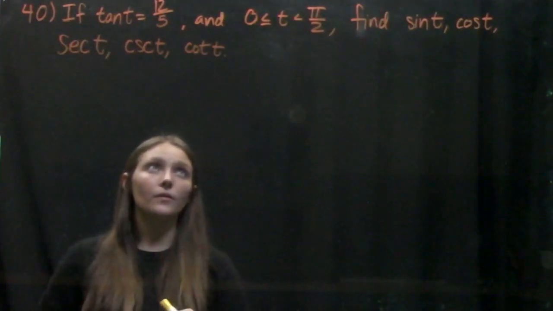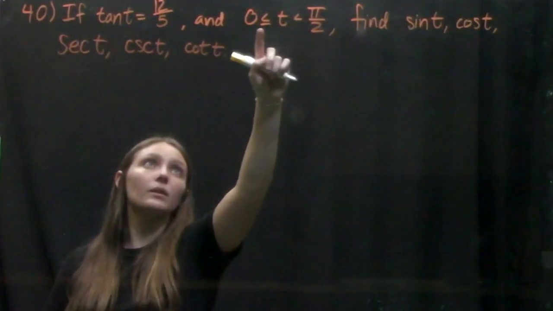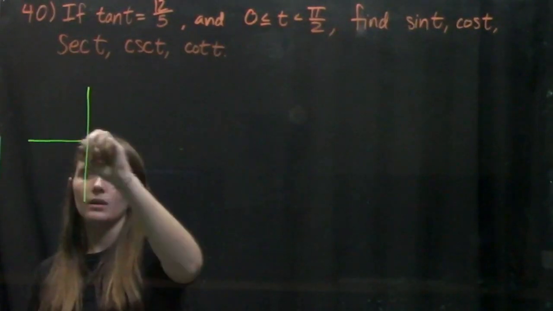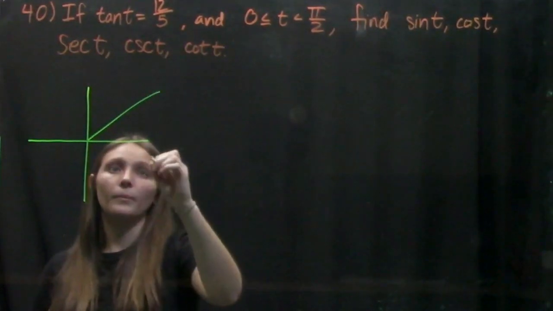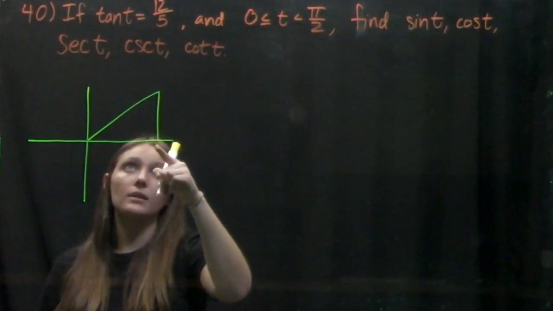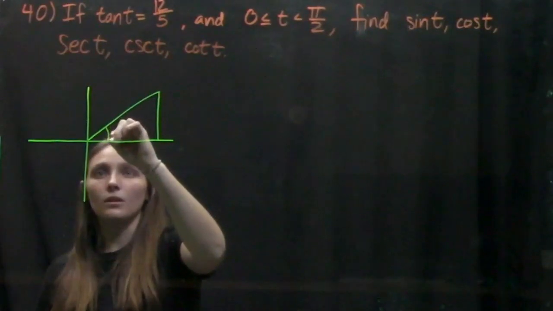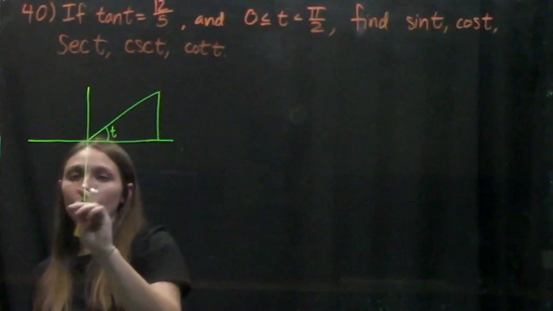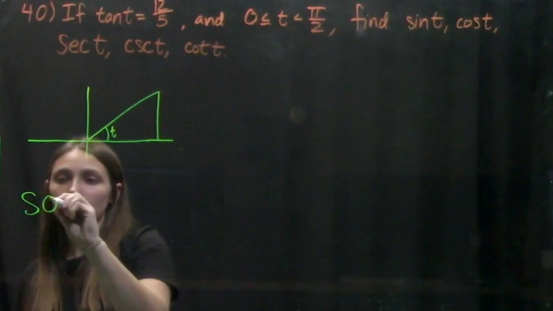First we're going to draw our angle. So we know that our angle is between 0 and pi over 2. So that tells us that it's going to be in the first quadrant here. And I'm going to connect that to our x-axis. I'm going to say tangent of t, we're going to call this here our angle t, is 12 over 5. So we know from SOHCAHTOA